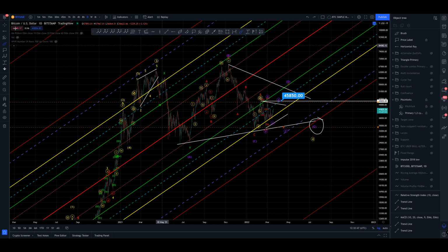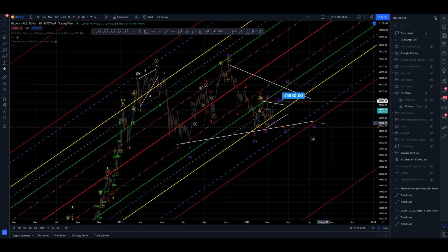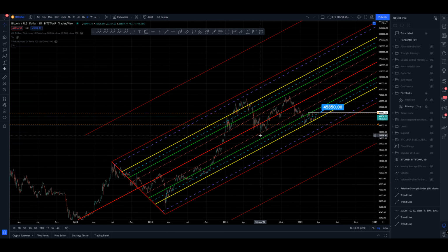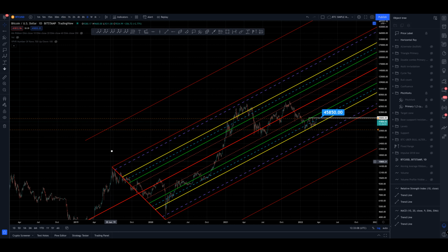I mean, this is all just conjecture. I'm looking at it from how I'd like it to play out if it was beautiful, if it was perfect. And there's no way of knowing it's going to play out like that until we start to see some of these levels break. So let's now remove that for a moment and remove that count again and just remind ourselves of how that would look. Here's the